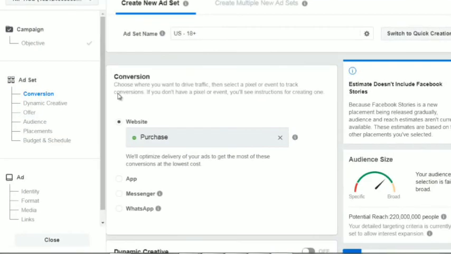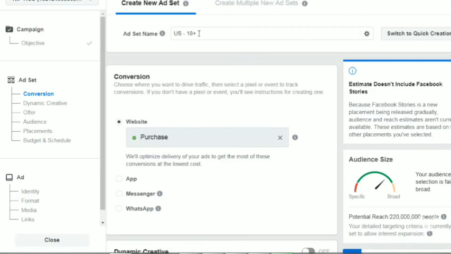Okay, so like I said, in ad set, you have the ability to change the ad set name. So within a campaign, you can have several different ad sets. And so for example, if you're doing scuba diving, you could do an ad set for just males or just females, or males of a specific age or females of a specific age or specific interests. You could target specific jobs. So they could be different ad sets. And that's what it is.